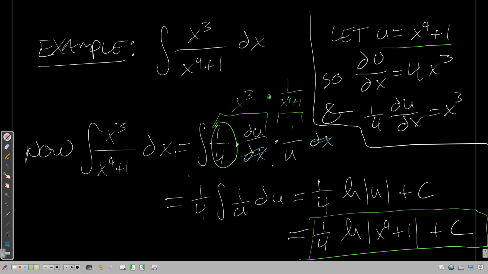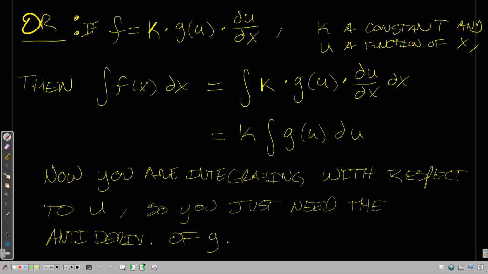Constant, constant, constant, natural log, absolute value of the denominator. Another substitution that is possible